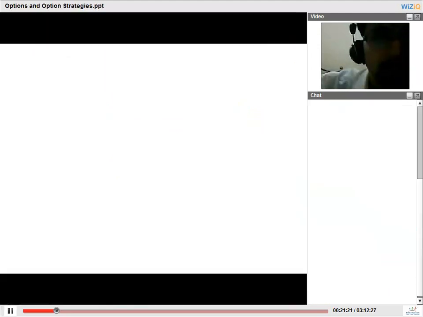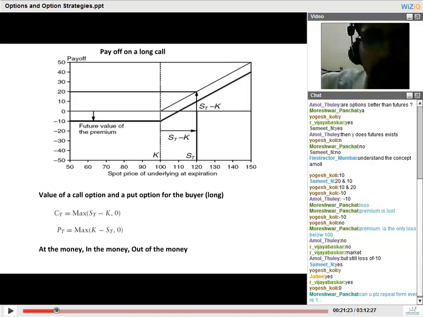Take a look at the slide and please verify if this is how the payoff for a long call would look. So the thin line is the incremental payoff. The dark bold line is the overall payoff. So the overall payoff will be 10 rupees lesser than the incremental payoff because the upfront premium is going to be deducted from it.